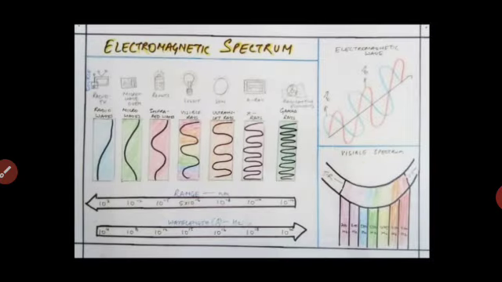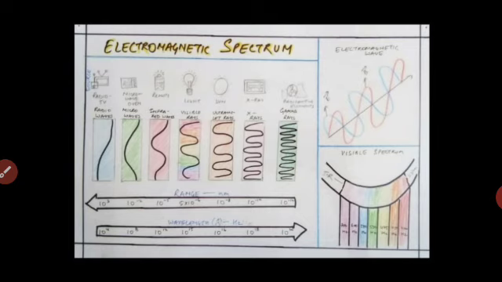When we talk about the waves, the first of it is radio waves, which have the lowest frequency. The frequency of the wave here is around 10 to the power 4 to 10 to the power 8 Hertz, and these radio waves are used in communications like radio and TV communication systems, radio astronomy, etc.